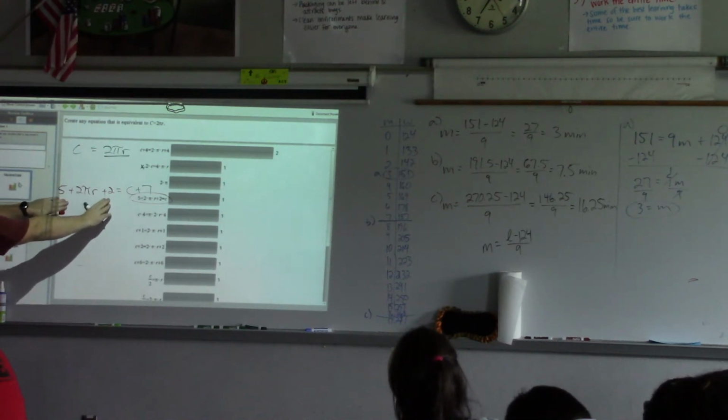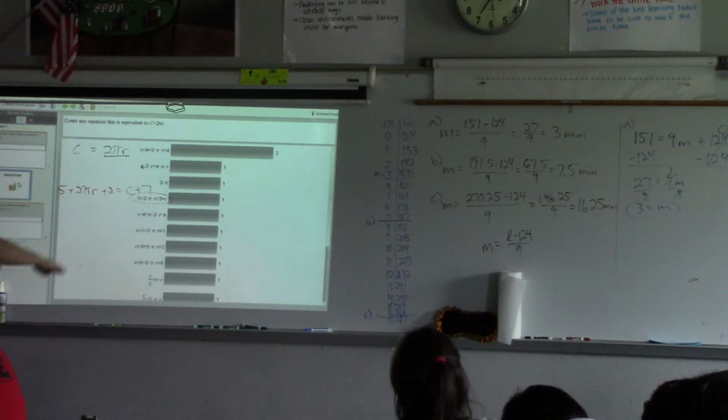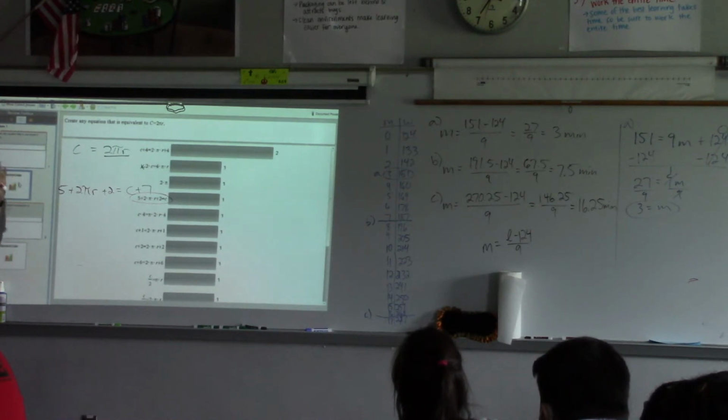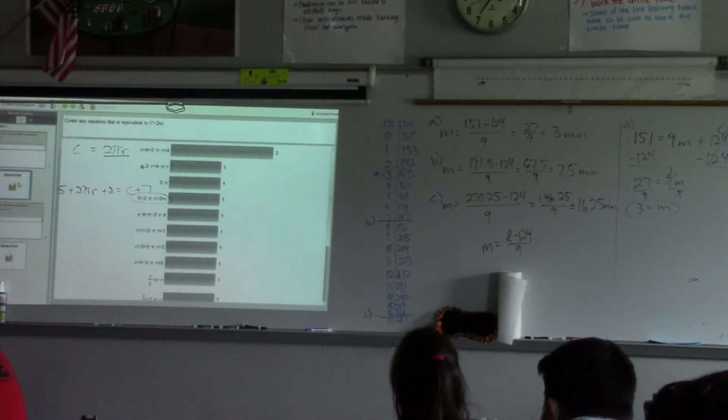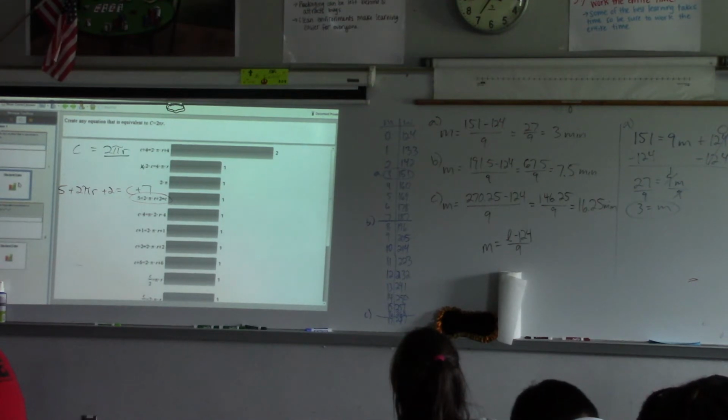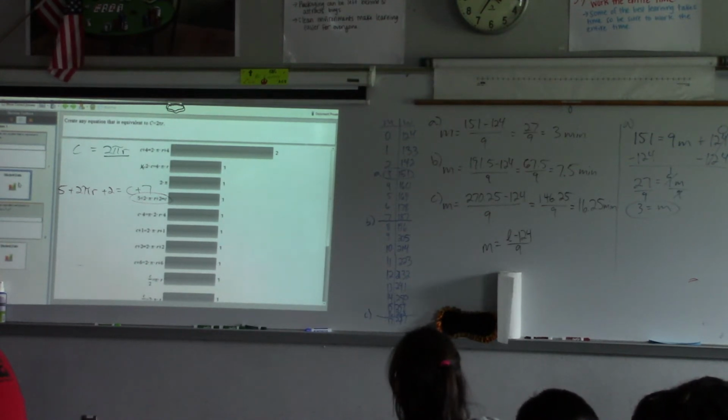So even though I didn't write it as plus 5 and plus 2, am I adding 7 to the right-hand side? So I added 7 to both sides? So is that equivalent? Yes. Does that make sense? Again, can it look different? Yes. Is it doing the same thing? Yes. That's what we want to focus on with the idea of equivalency. Brooke, you good with that?